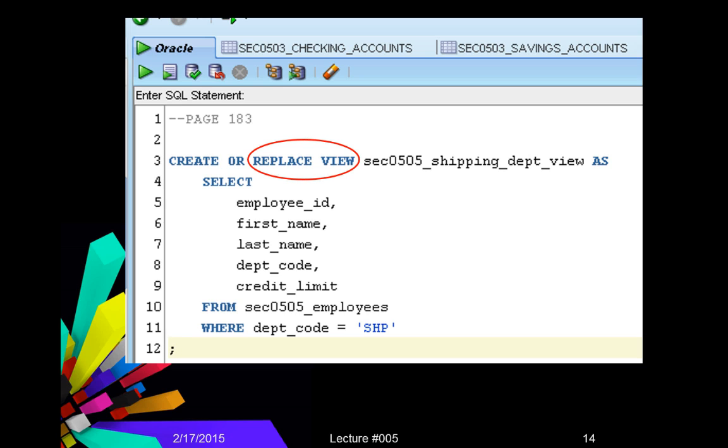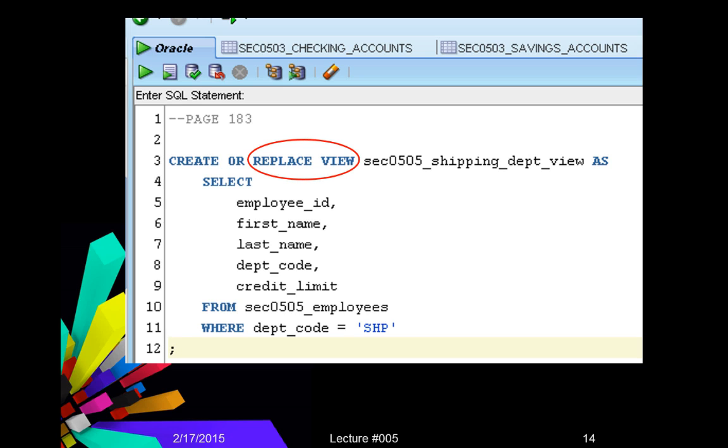Now, you would think that every time you create a view, it would automatically erase the old one, but that's not necessarily the case. So again, good Oracle developers will use create or replace view when they start, just like good Oracle developers will drop a table before they create it. Oracle doesn't error out if there's no table there, and you're just safe and you don't have any leftover data or code